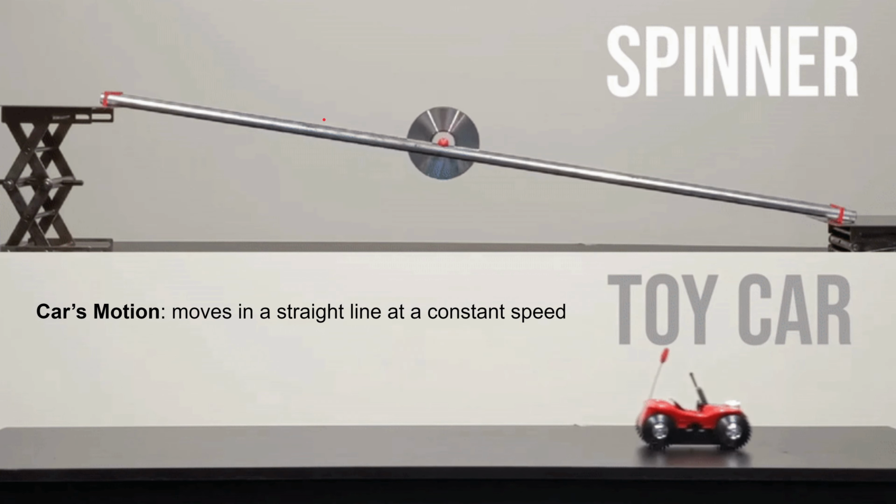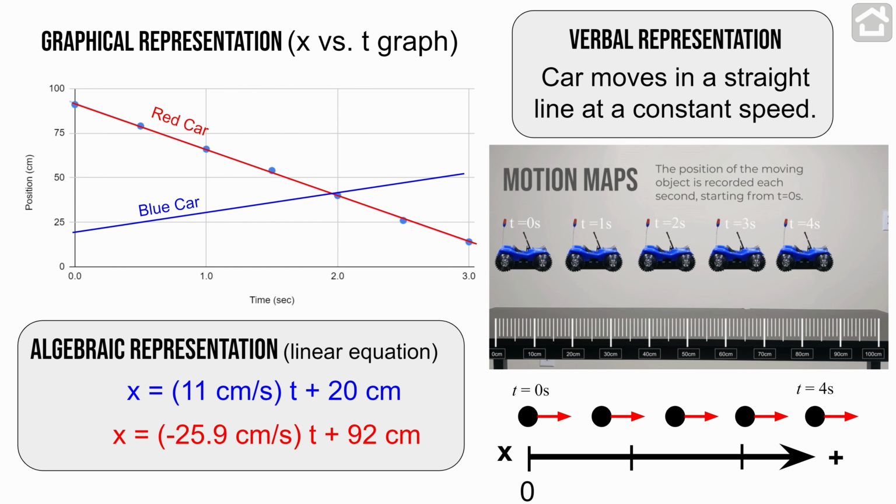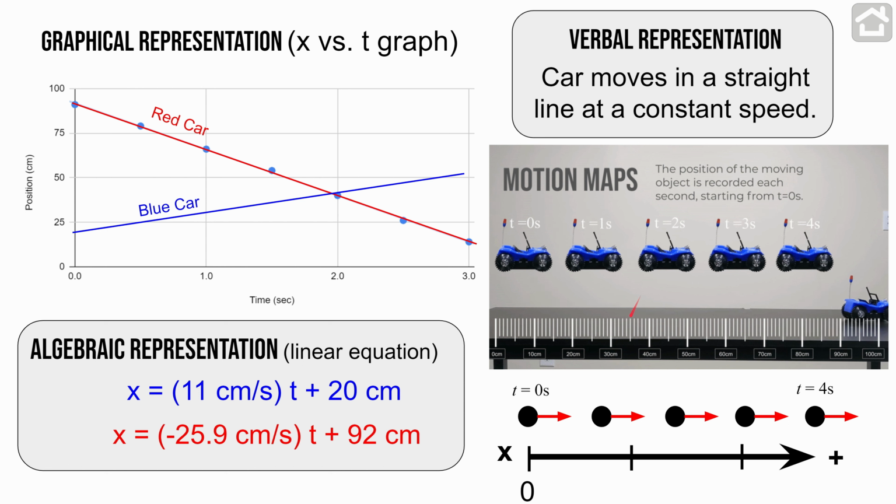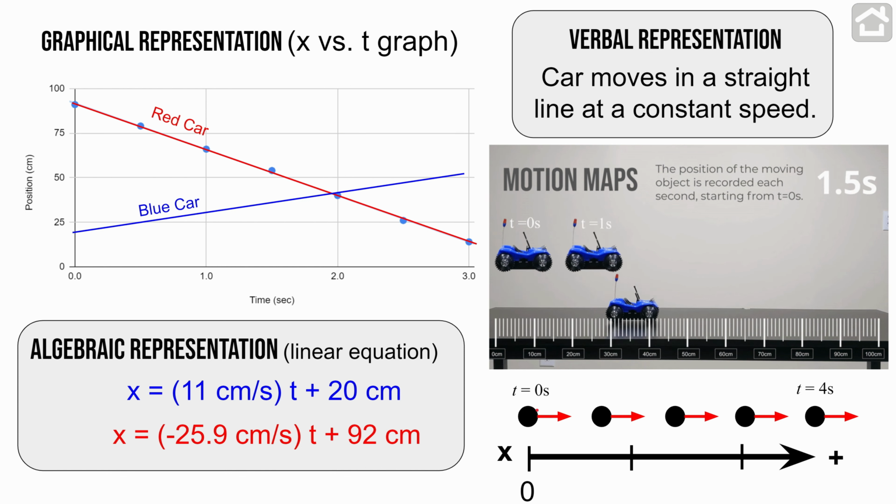When we looked at the motion of the toy car, we came up with lots of different ways to represent what it was doing. We graphed how the position changes as a function of time. We came up with equations to represent how position changes with time. We just simply described it verbally, saying it moved in a straight line at a constant speed. And we also came up with another representation called a motion map, which represented where it was and the velocity it had at those specific positions. So we had 4 different ways to represent the motion of an object moving at a constant speed in a